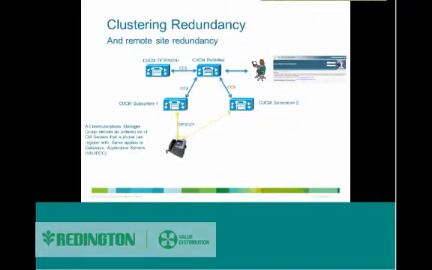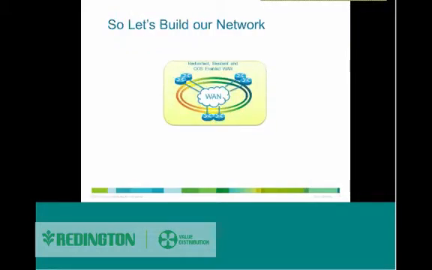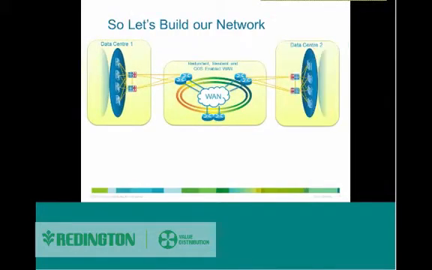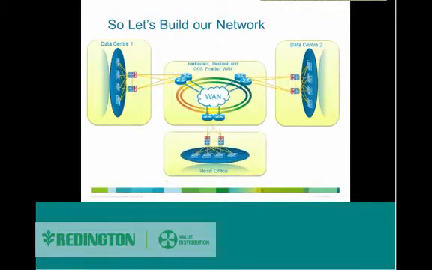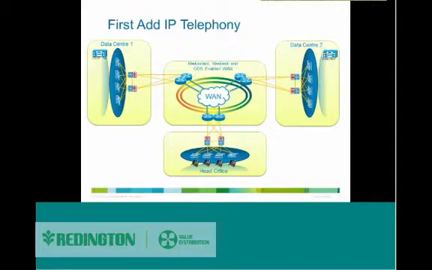For remote redundancy, we can take the subscriber and put it in a different location. So we are going to cover two different location scenarios. How can we plan our network for redundancy? In the current scenario, we have data center 1 and data center 2 and the head office. The data centers and the head office are connected over the WAN, and we will be placing the call manager publisher in data center 1 and the subscriber in data center 2, and we can place the voice gateways,